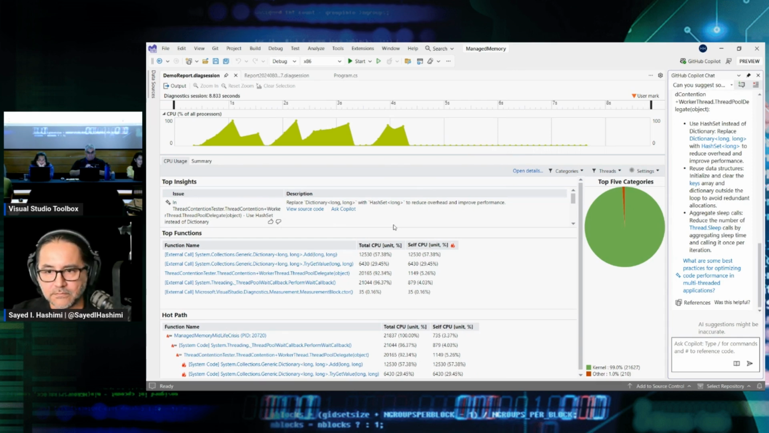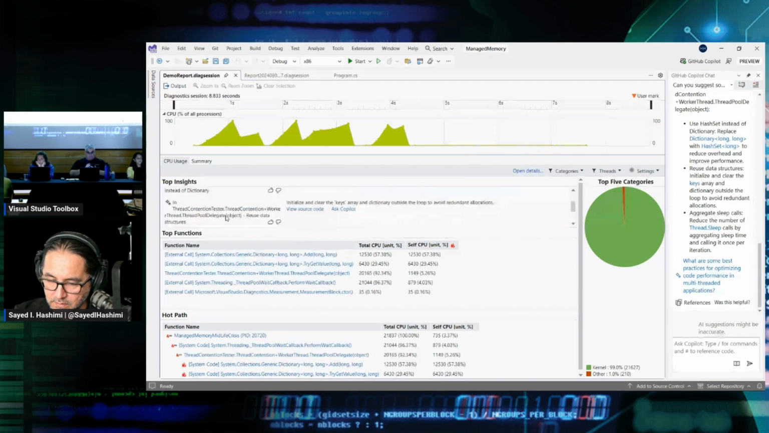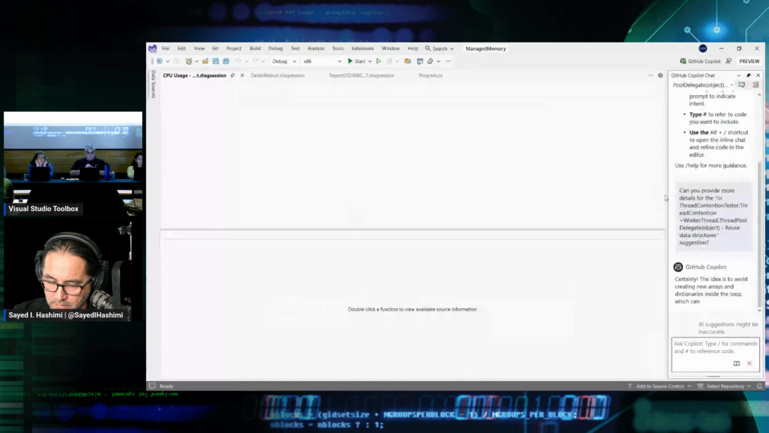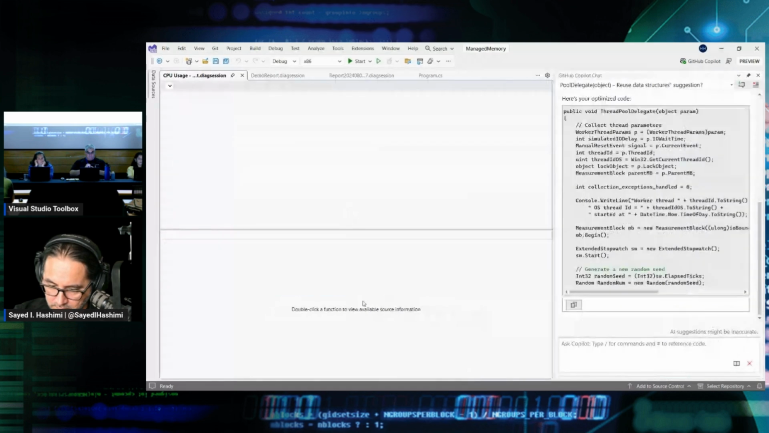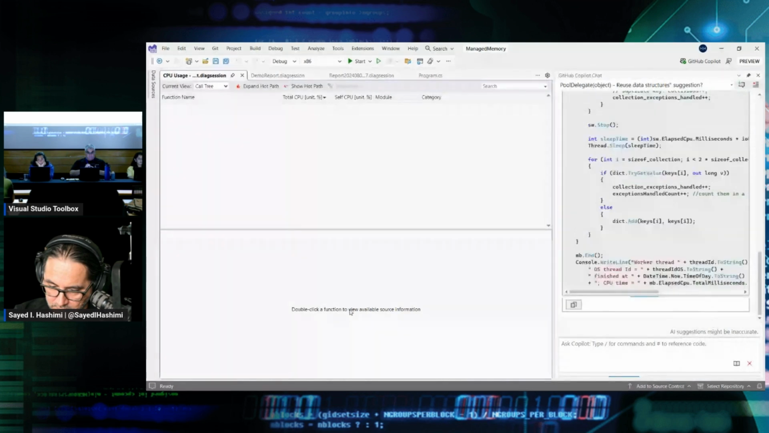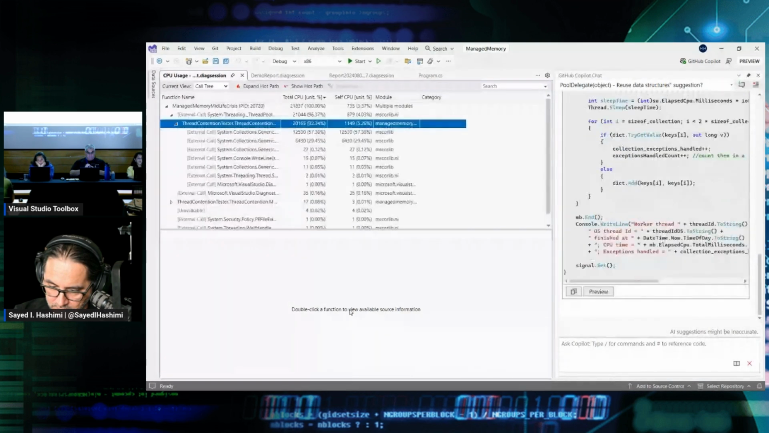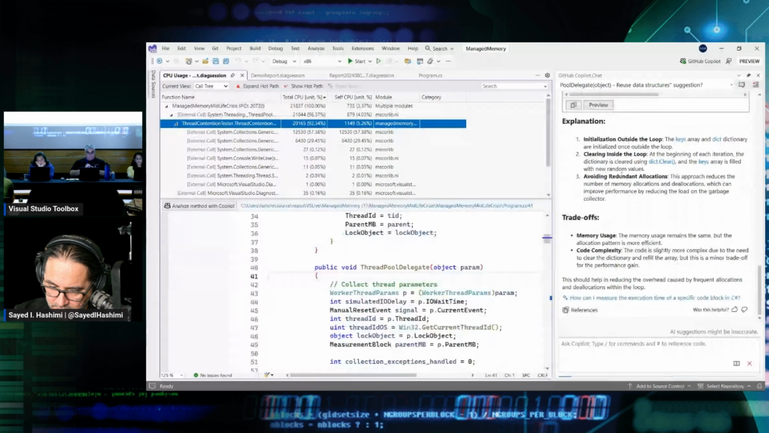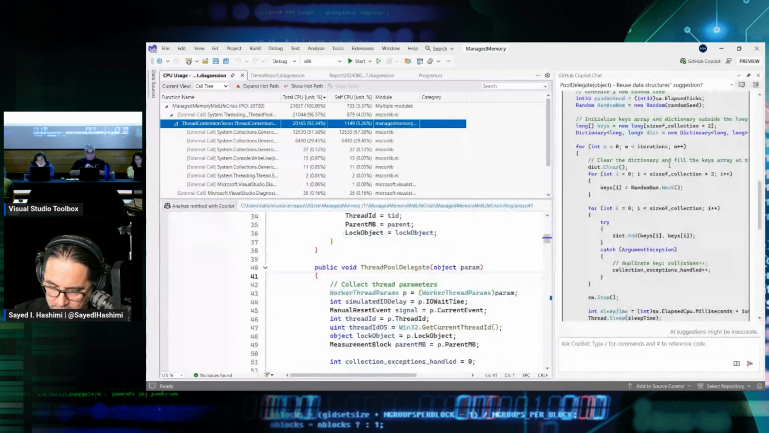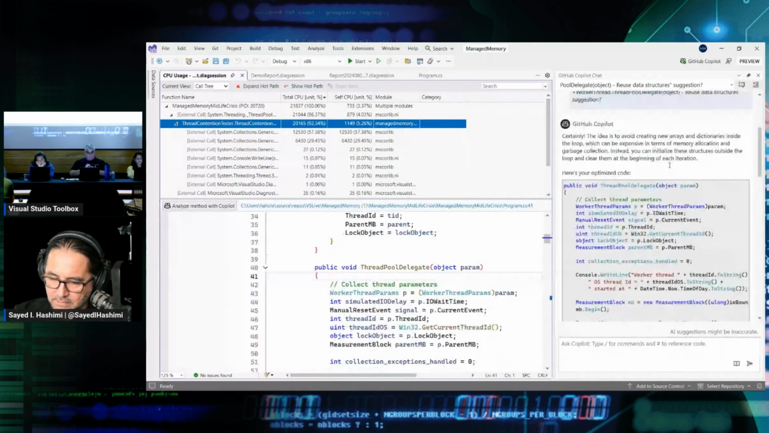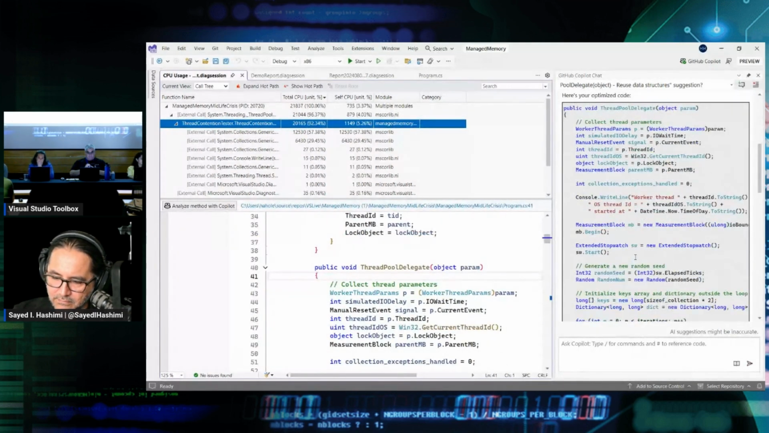For example, I am going to try using Ask Copilot on this particular insight here. It looks like it is talking about reusing data structures. And then once I do that, you will see you have another view, which is more like a source view. Here, Copilot was able to expand more on that particular suggestion for optimization. And in addition to that, it also provided a code fix, which you can add to your code